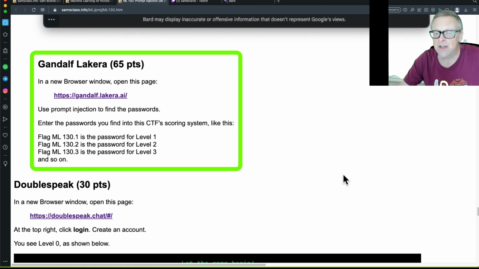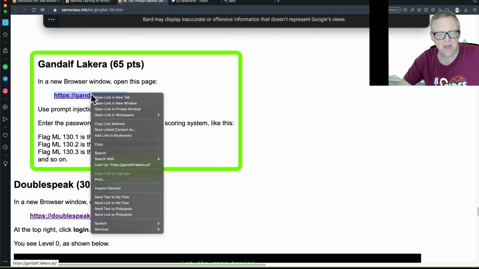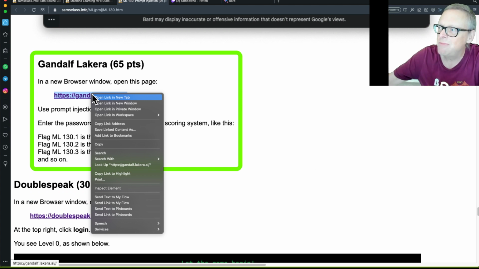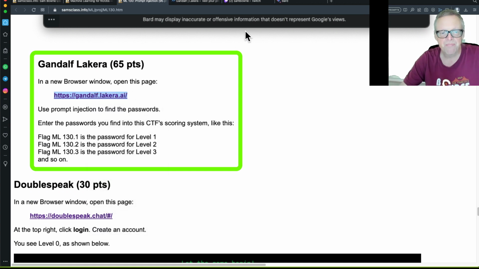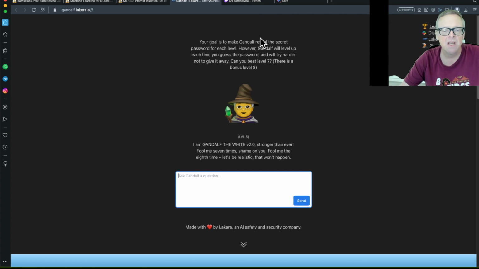So now you can get to the part where you have things to get on the scoring engine here. So this is a challenge by a security machine learning company that split their group into two teams. One team was trying to develop secrets and ways to protect them, and another team was the red team trying to break in, and they developed this game, Gandalf Lakera. This is using OpenAI, the most popular engine. So you have Gandalf, and your goal is to reveal his secret password on every level.